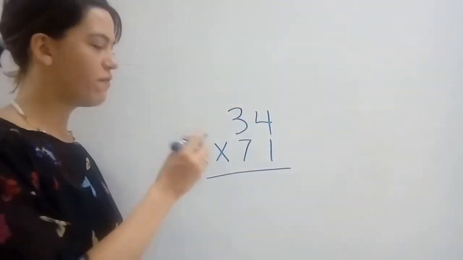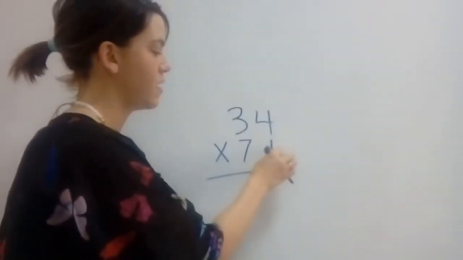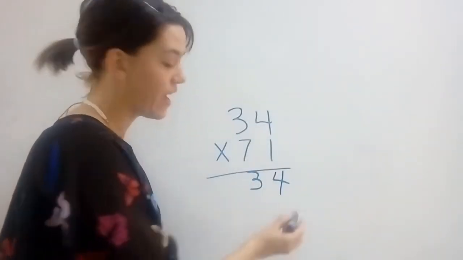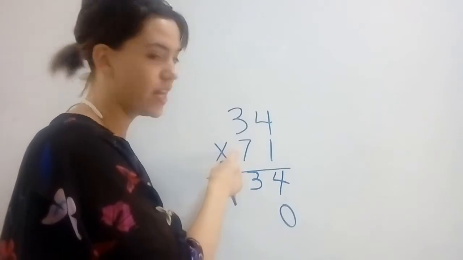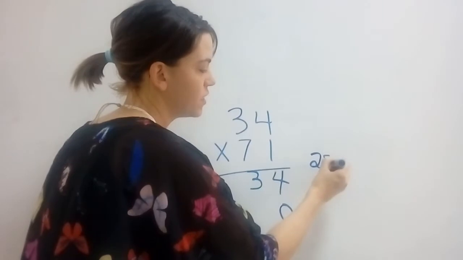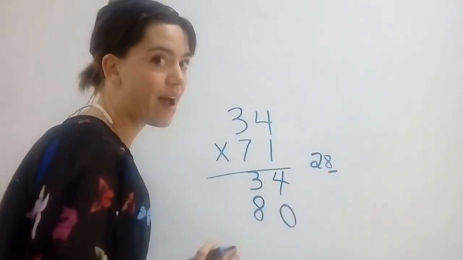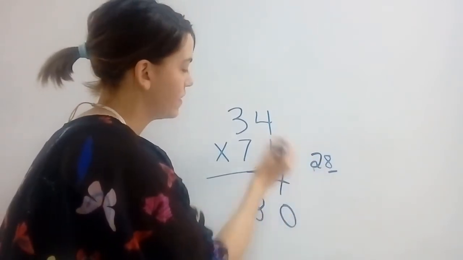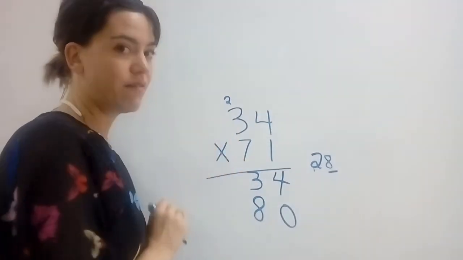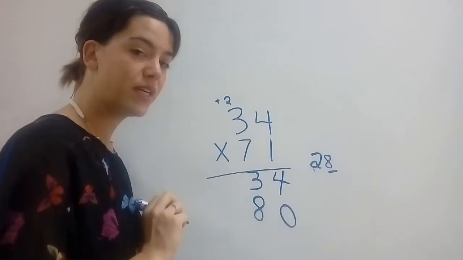If I have 34 multiplied by 71, I multiply the ones first. 1 times 4 is 4, 1 times 3 is 3. Then I add my 0. Then I multiply the tens place. 7 times 4 is 28. Watch this. This is 28. I keep the ones, just like when we're adding. And I carry the tens place. I put it up here. 3 times 7 is 21, but wait, I need to add 2. So 21 plus 2 is